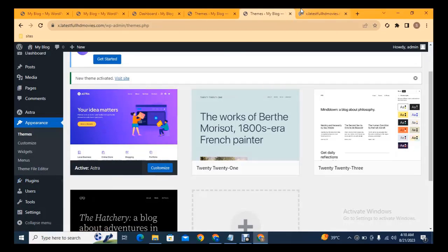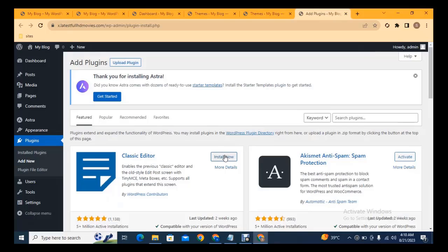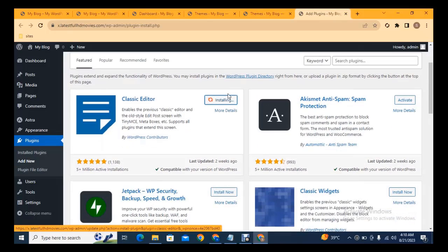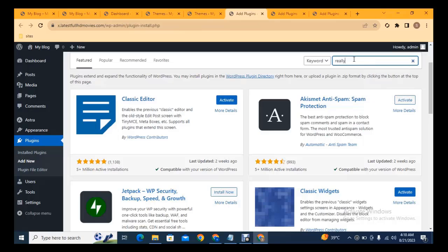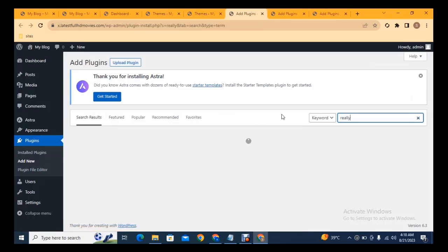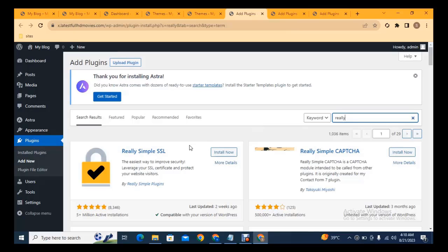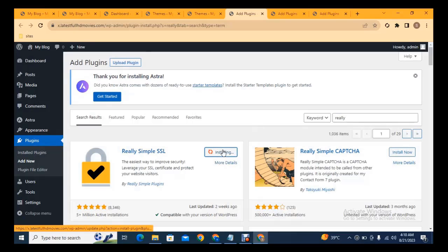So just click here on Add New. After that, here you can see I want to install this plugin, Classic Editor, Classic Widgets, and after that I want to install some more plugins. Really Simple SSL. So this is a plugin that can install SSL in your website, and you can increase your website security. But I already have SSL. You can see this is a site lock, so that means my website is secure. After that, you can add this one,